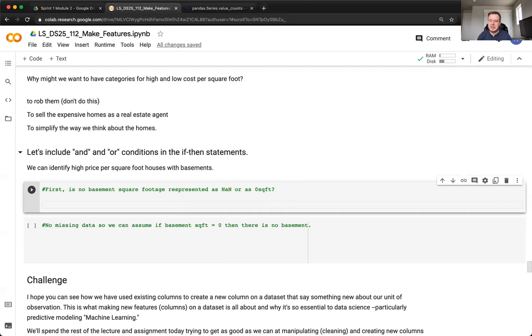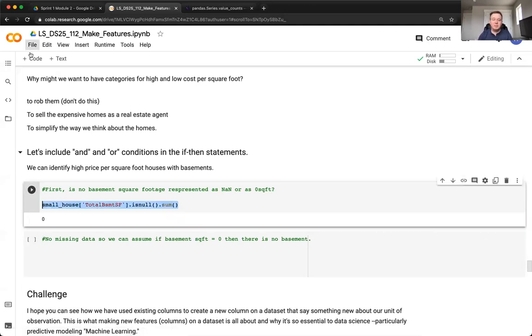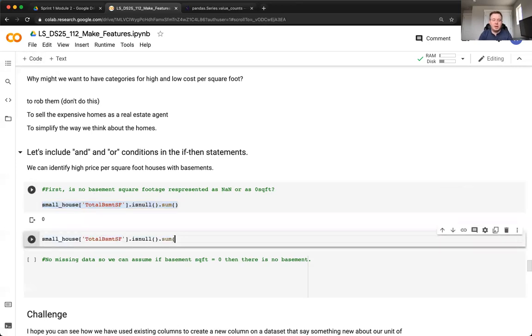We don't have any missing data in the square footage column, specifically in the basement square footage, right? So if I do small house total basement square footage dot is null dot sum, see, oh, there's no missing data in the basement column. Okay. However,